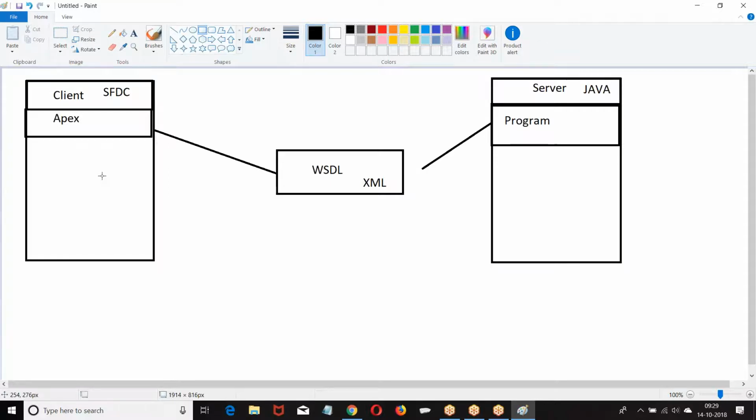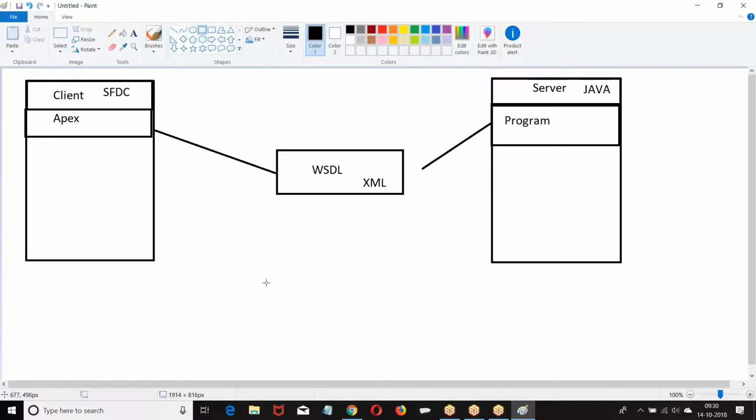What we are supposed to understand and learn is how to consume, because when you are consuming somebody's resource, we have to authenticate ourselves and access the data. How will you authenticate? How will you access the data? That is the question here. So here, two systems are communicating using a SOAP API with the help of a WSDL file.